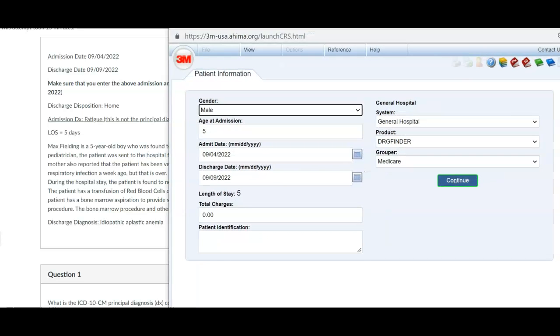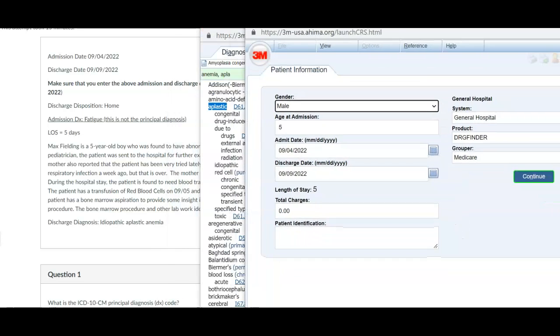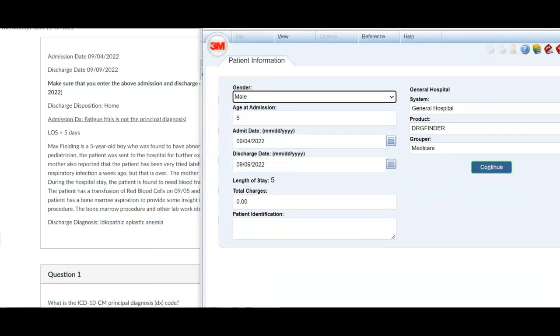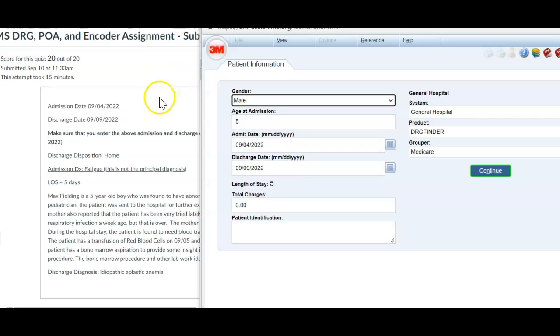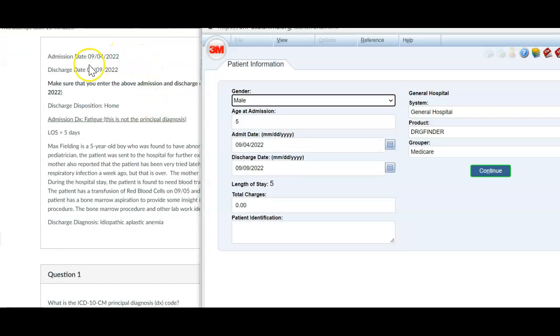Students, I'm going to go through your MSTRG assignment. As you can see, I have like 3 screens going on here, but we are going to go through the first case here, which is admission date 9/4/2022. It's really important you have the correct year,